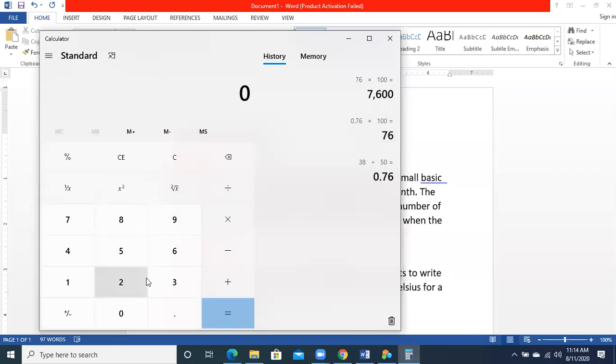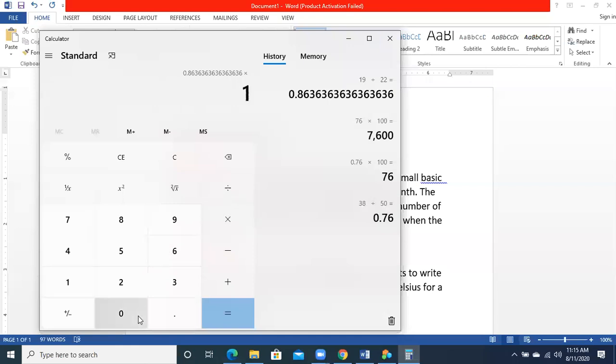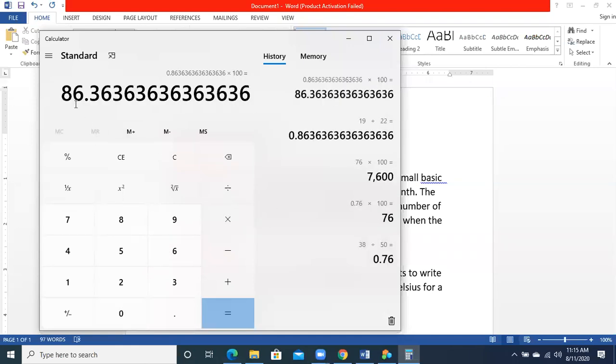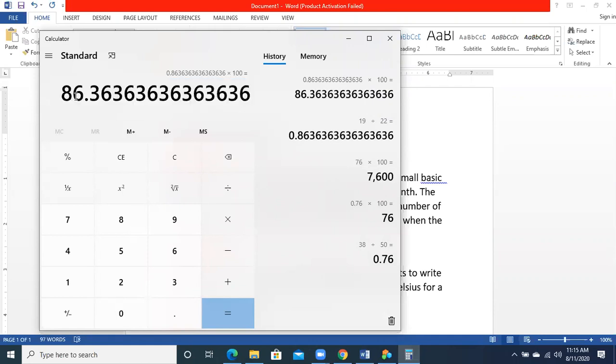Good. For example, suppose there were total working days, except Friday and Saturday. For example, total working days were 22. And the student was present for 19 days. So we will divide the present days, 19, by 22, the total working days of the month, except Saturday and Friday. Then the answer will come and we will multiply it by 100. Then the answer is basically your present percentage. If the total working days were 22 and you were present for 19 days, it means 86.3 is basically your present percentage.